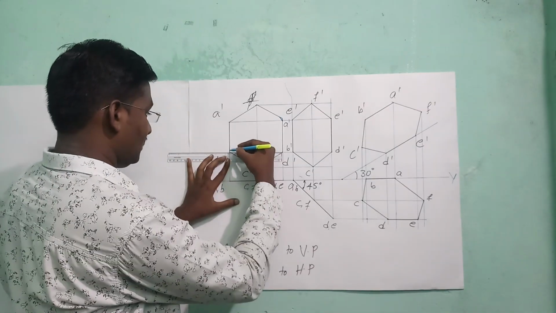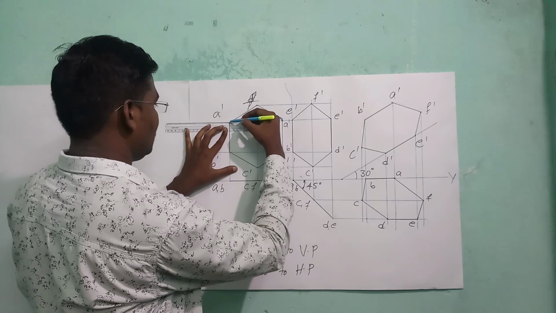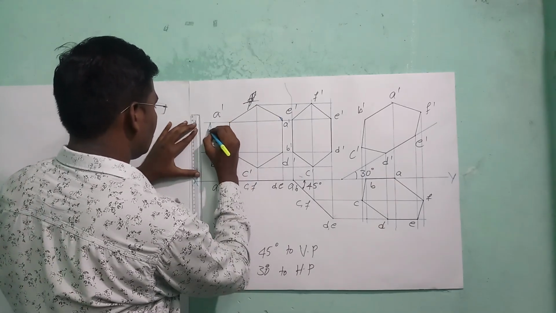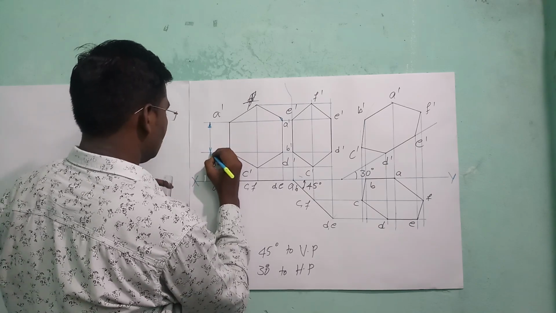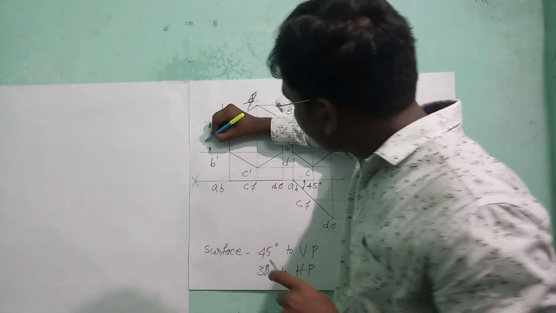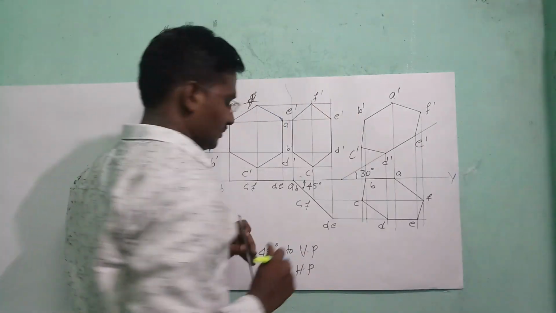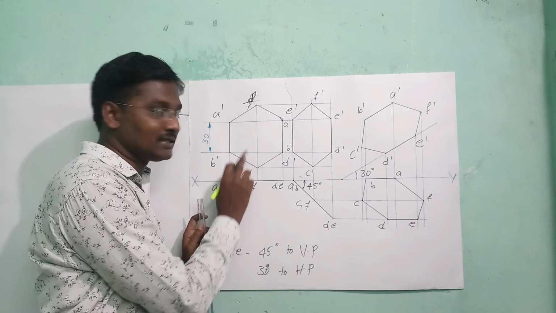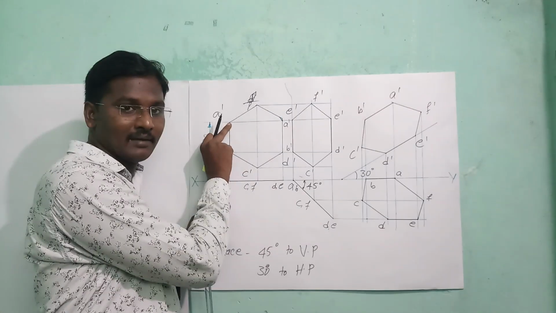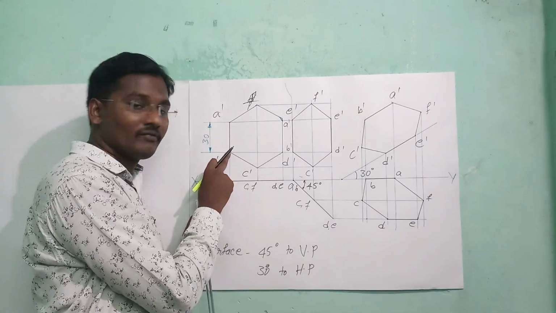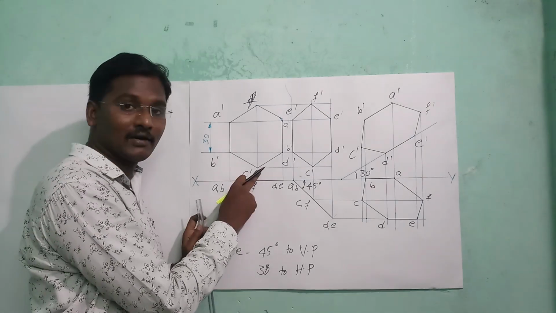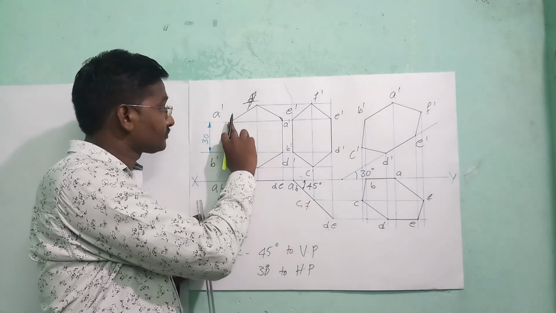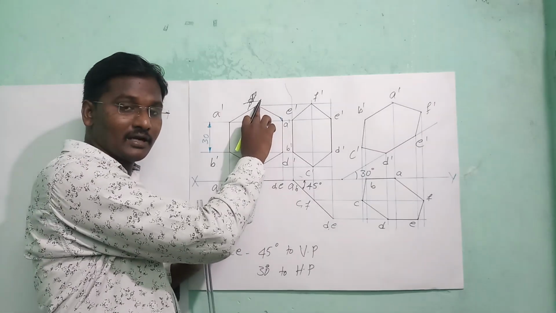I did not mark the dimension here, so we have to give the dimension here. The side length, how much is it? 30 mm. I am drawing the arrowheads, 30. Now look here, draw the vertical line, take an angle of 60 degrees here. This length is 30 mm. This is the point A dash, B dash. From the point B dash take an angle of 60 degrees and draw a 30 mm line, and from the point A dash take an angle of 60 degrees and draw a line of 30 mm.